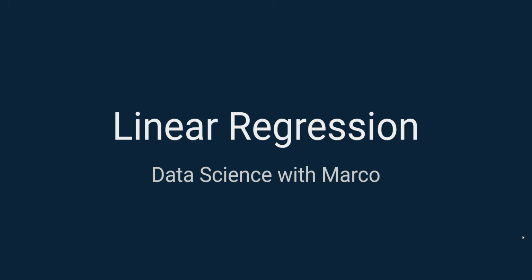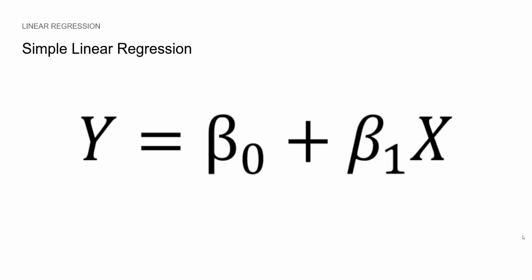which is linear regression. We start with a simple linear regression where our target y only depends on one variable, x, and a constant. Beta 1 is then a parameter, which can be positive or negative, that characterizes the slope, and beta naught here is the constant.